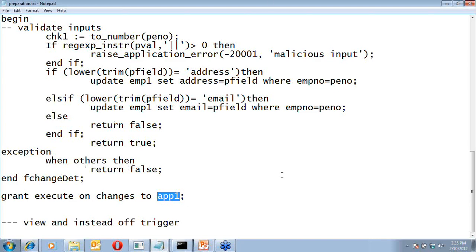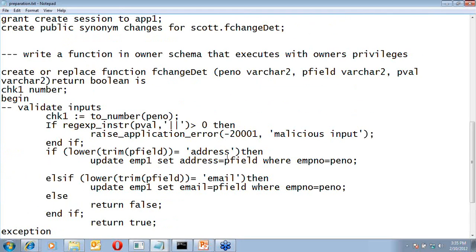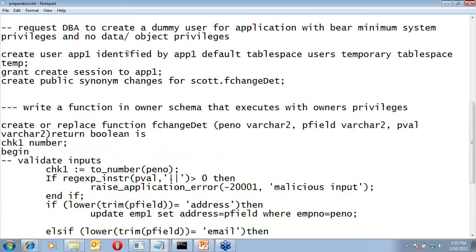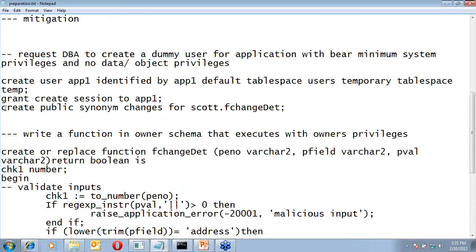Further, why should I disclose to this application user whose function this is? Because thereby it would know which is the owner schema, that is, the username is known for the database. Half the work is done. So I would hide that by requesting the DBA to create a public synonym for this particular function belonging to the Scott schema.